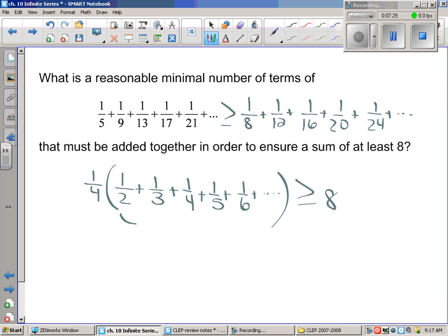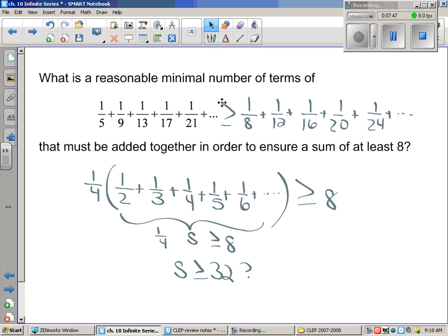Again, like I did in the previous example, this is your S, right? So 1/4 times S, I want to be greater than or equal to 8. So really, I'm looking for, when is this series going to be greater than or equal to 32? That's really the question that we're looking for. Knowing that, what I need to do is set up a table in comparison of the sum and the number